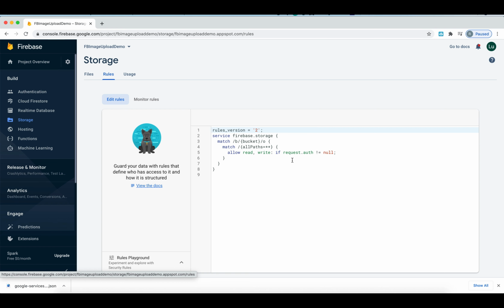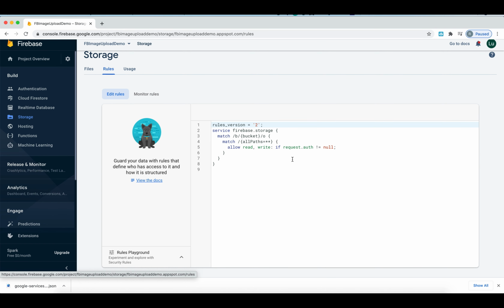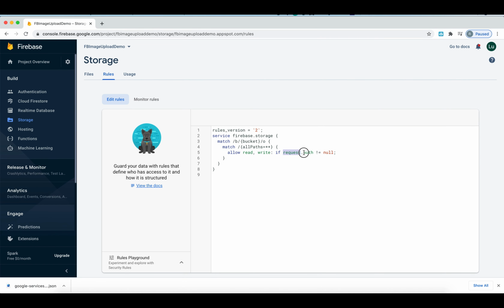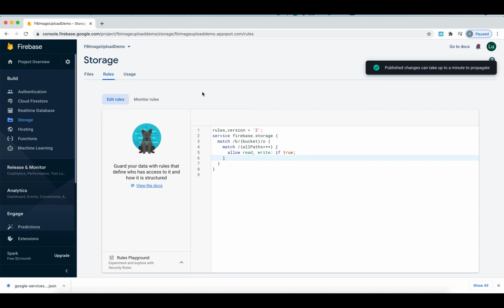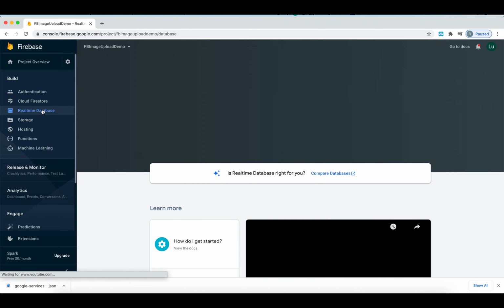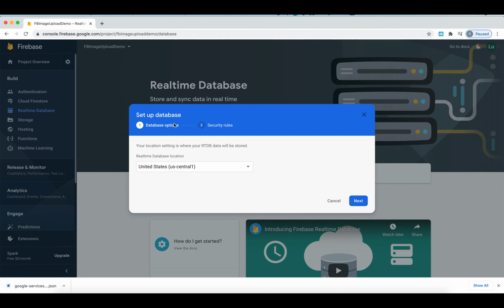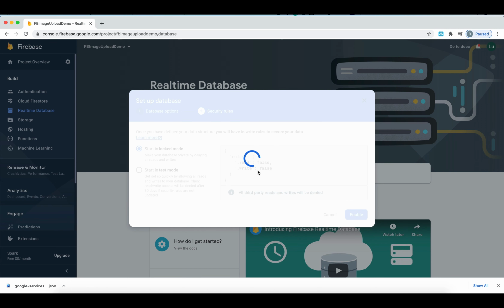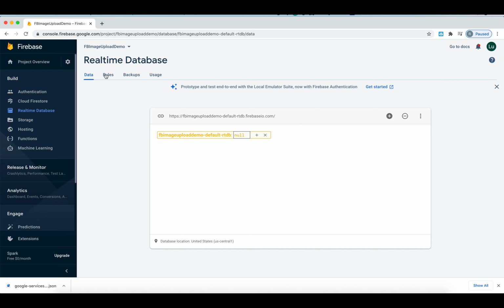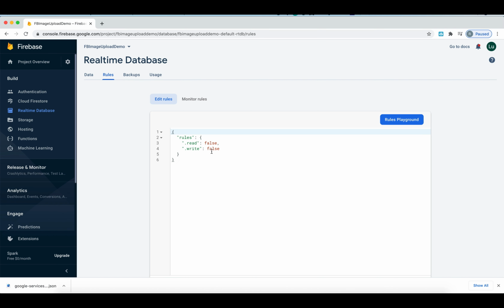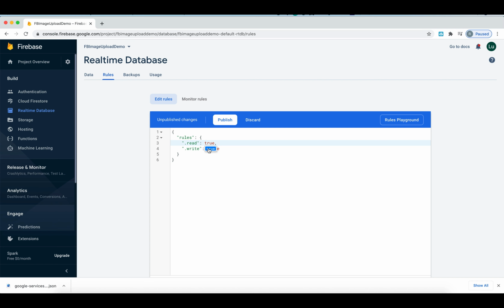Here we need to modify our rules because we are not using any kind of authentication like email, password or phone, so we need to make it public. Similarly, we need to create a real-time database to store our URL irrespective of login or logout, so we need to make it available by changing it to true.